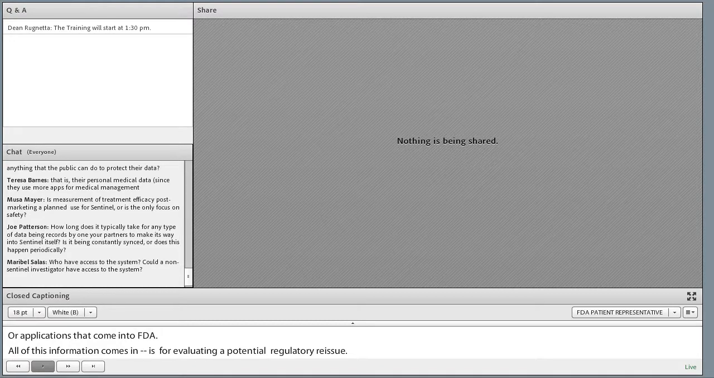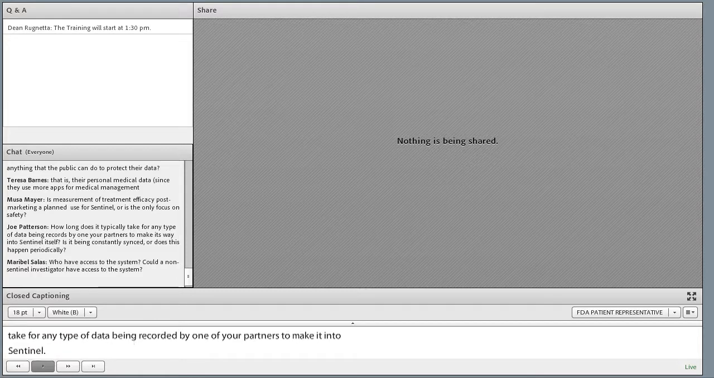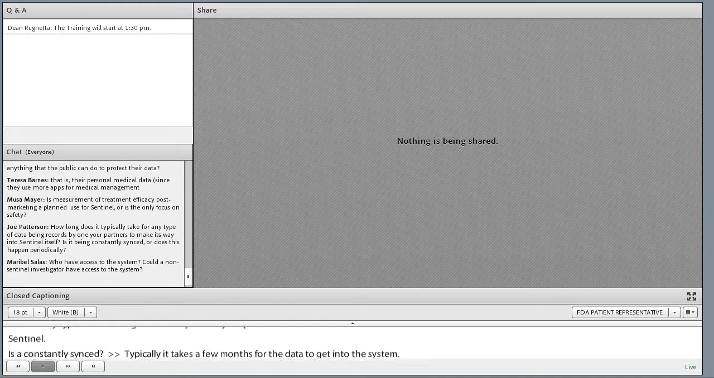Thank you very much. We have another question asking, how long does it typically take for any type of data being recorded by one of your partners to make its way into the Sentinel itself? Is it being constantly synced, or does this happen periodically? That's a great question. So it typically takes a few months for the data to get in to the Sentinel system for use by FDA. Let's say, on average, about 6 to 9 months, depending on the kind of data and depending on the data